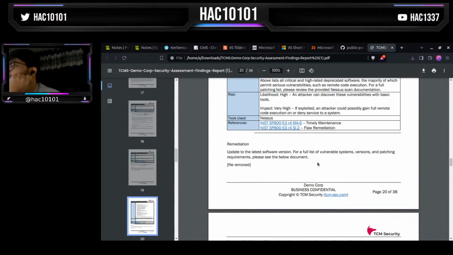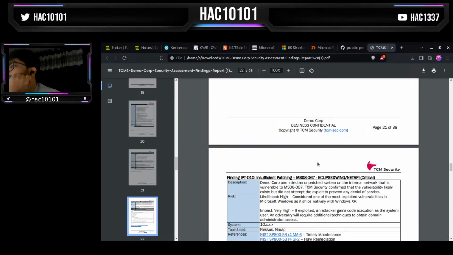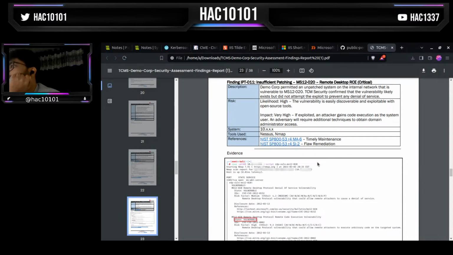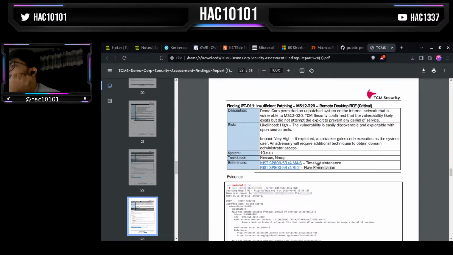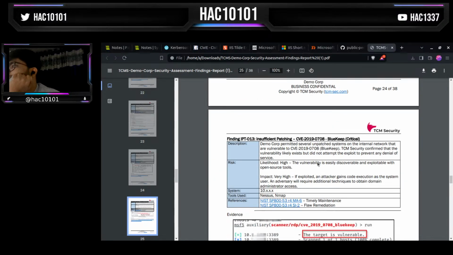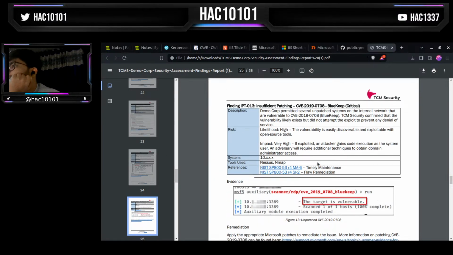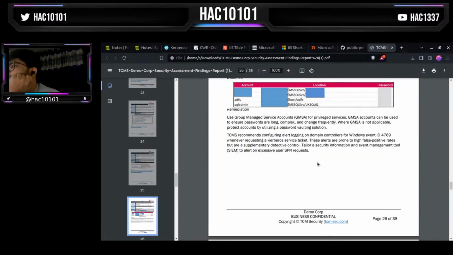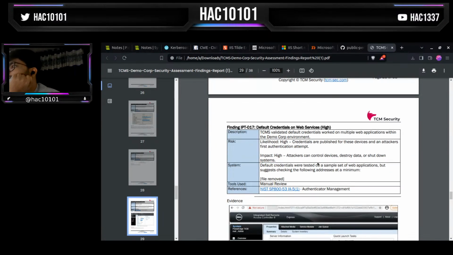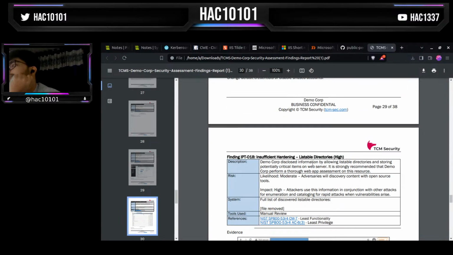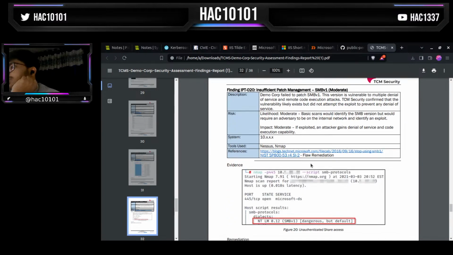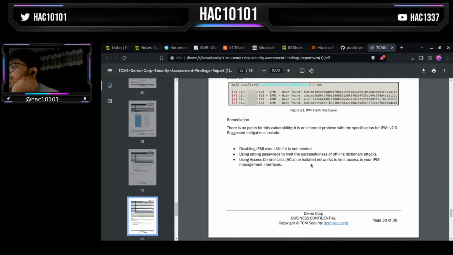There was one on Kerberoasting. This is patching. Yeah, I mean, we can add that too. Insufficient hardening, mobility, remediation, default credentials on the server, hardening, unauthenticated SMB, secure patch management,